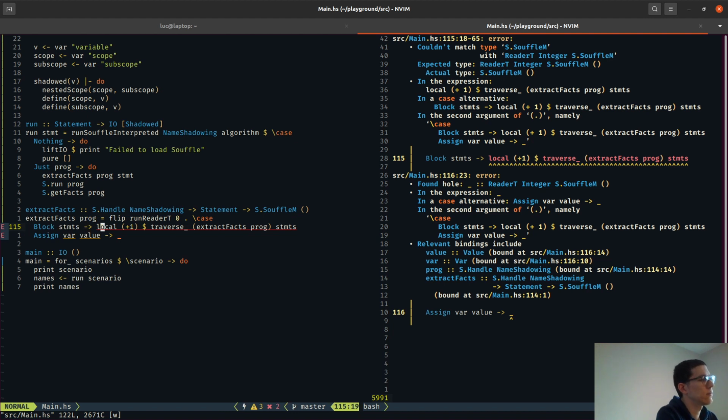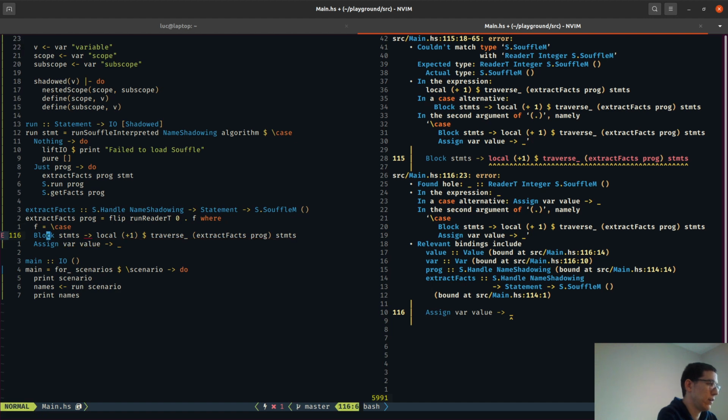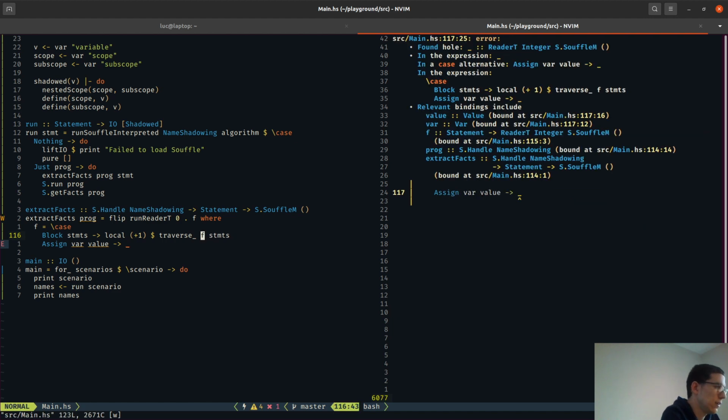Oh, yeah, that's annoying. So what we want is like a function f, which helps us, and f is defined as this. And then here, this is not this. Okay. Yeah, so extract facts uses a helper function now, and that helper function is in the reader monad, so that's why it works. And here